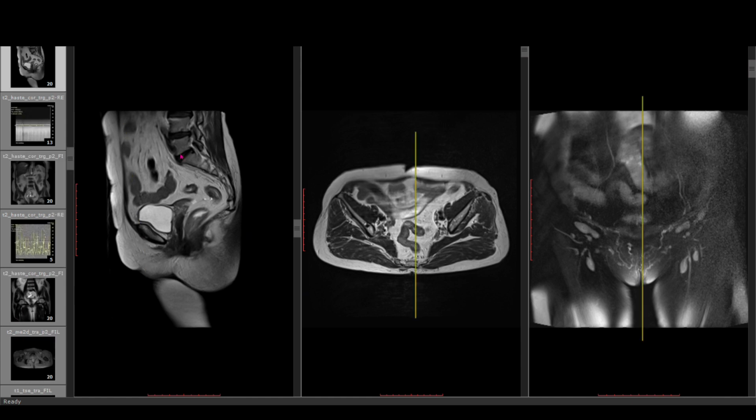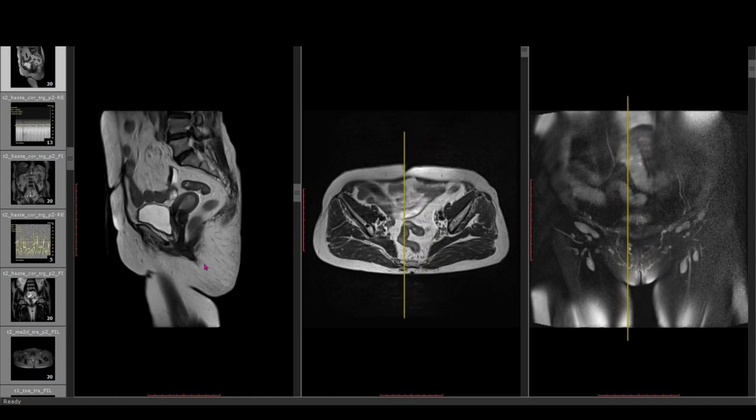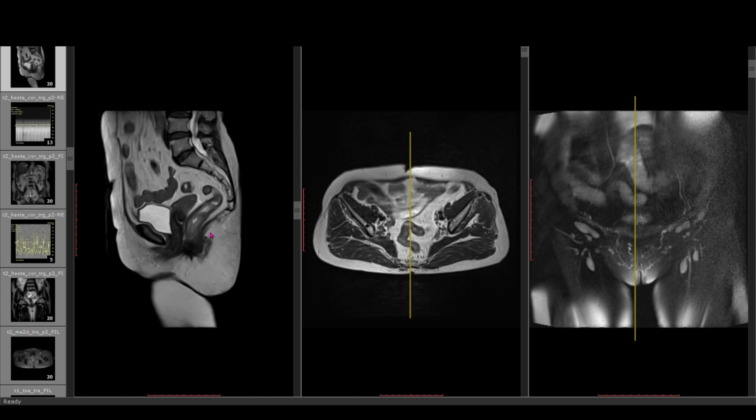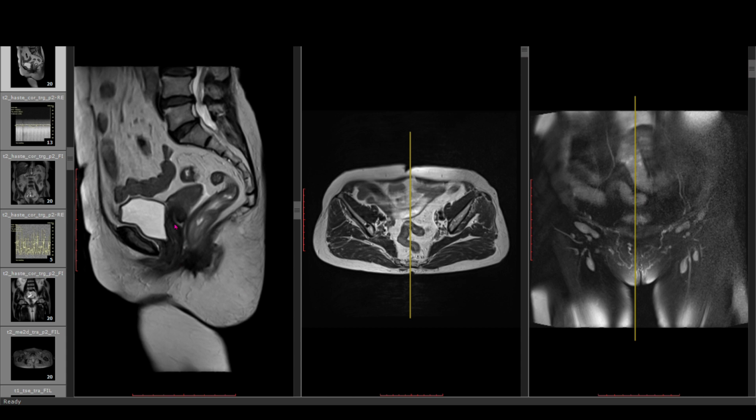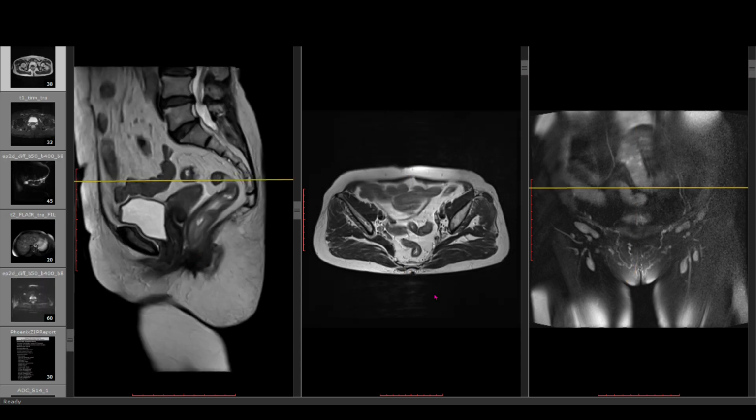So these are sagittal T2 weighted images. This yellow line corresponds to the reference line through which plane it occurred. First we will focus on the anal region. So this is the anal canal. Just see how the axials are made.